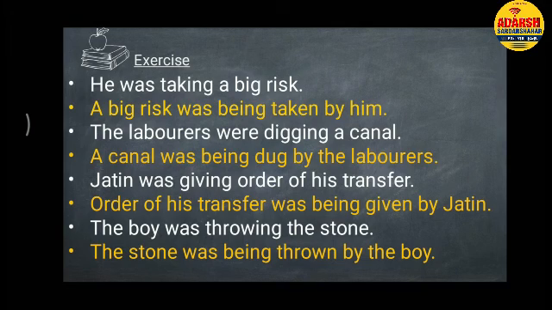Here we put the stone, which is our object, in the place of our subject, and our subject, the boy, in the place of our object. And also we put by before our subject. As a helping verb we used was being thrown. Thrown is the verb's third form. So here we follow our helping verb pattern also, which is was plus being plus verb's third form. The stone is singular, that's why we used was. Okay, so now we have cleared the exercise.